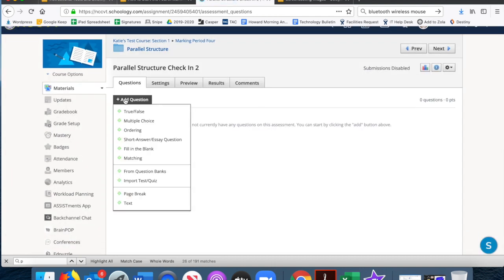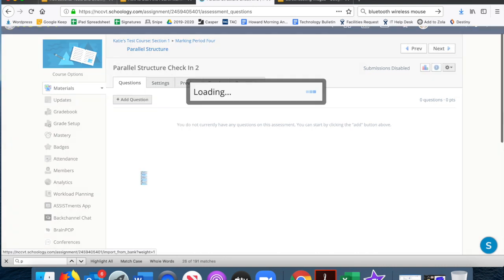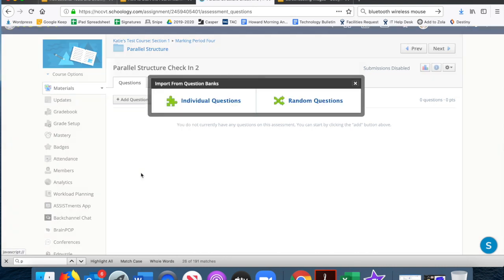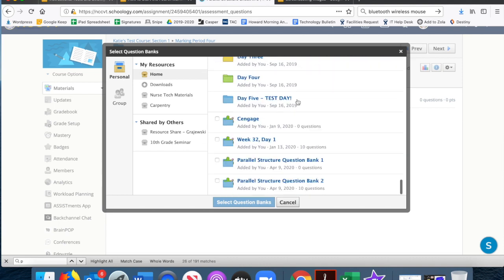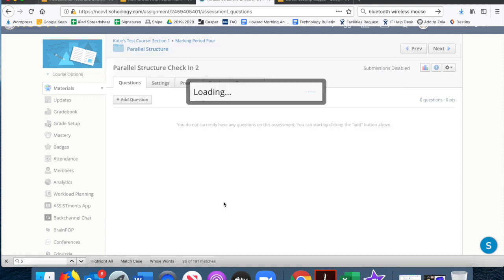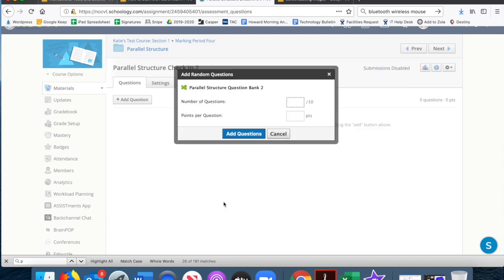Now, when I go to add question, I'm going to select from question banks, and I'm going to choose the option to do random questions. Now I'm going to select my question bank that I just created, and I'll hit select. And I'm going to tell it how many questions I want to pull. I have 10 questions in my bank. I'm going to tell it that I want to pull 3 questions, so that will create a 3-question quiz,